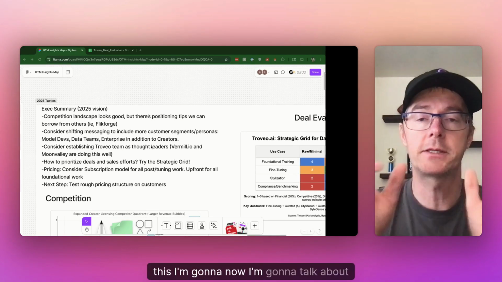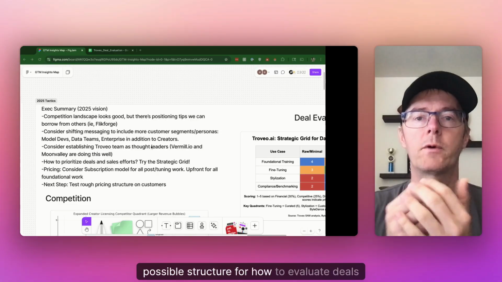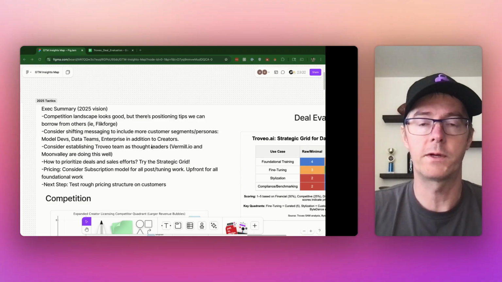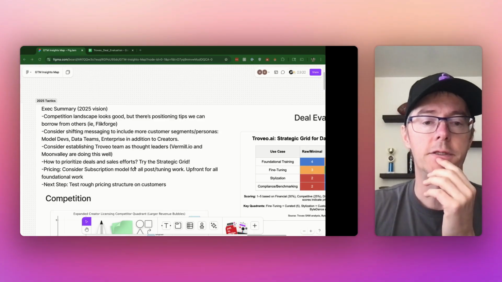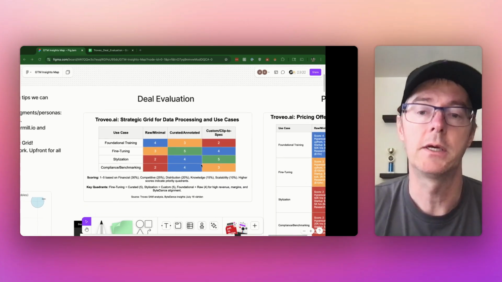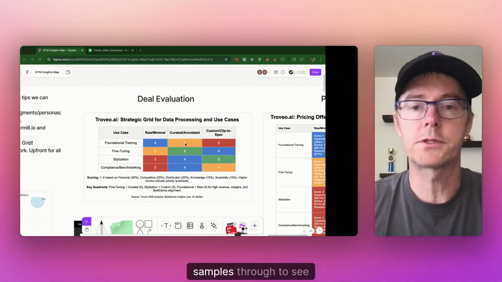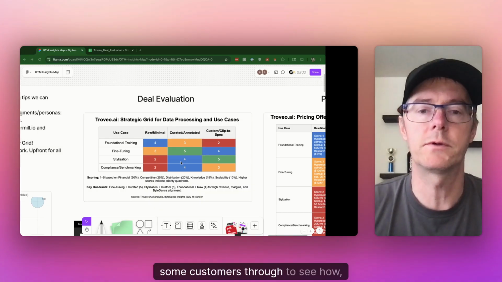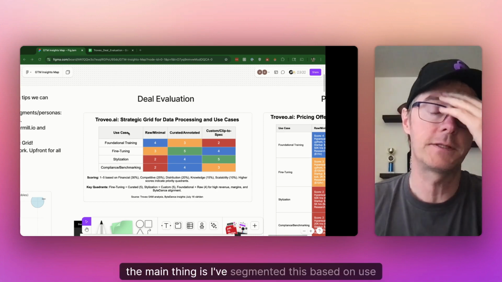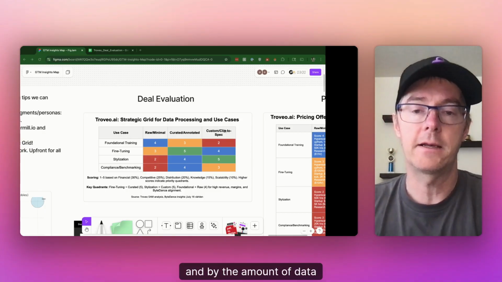I'm going to talk about a possible structure for how to evaluate deals immediately, especially for the rest of this year. So I've put together a strategic grid for deal evaluation that we can start running some samples through, to see some customers through, to see how this works out. The main thing is I've segmented this based on use cases and by the amount of data that needs